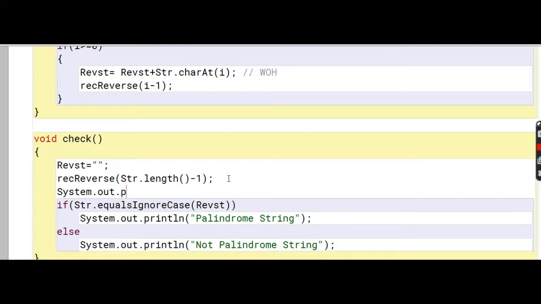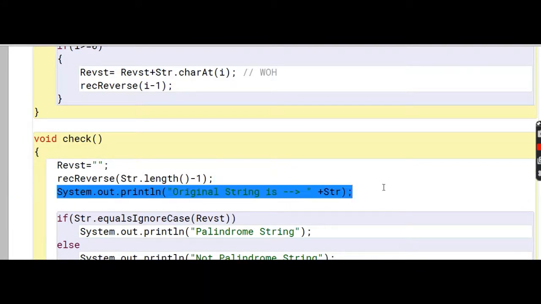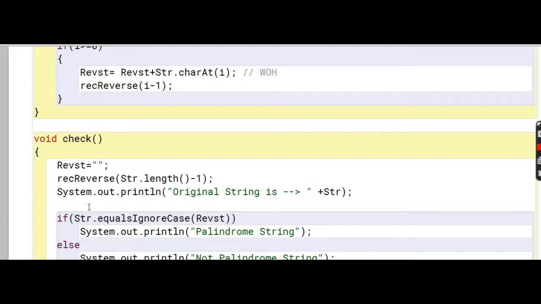Okay. Now next, we'll have to display both the strings in this function. So System.out.println. The original string is str, so we'll write "Original string is", str, with S capital, and then we'll display the reverse of the string, and the reverse of the string will get stored in the variable revst.